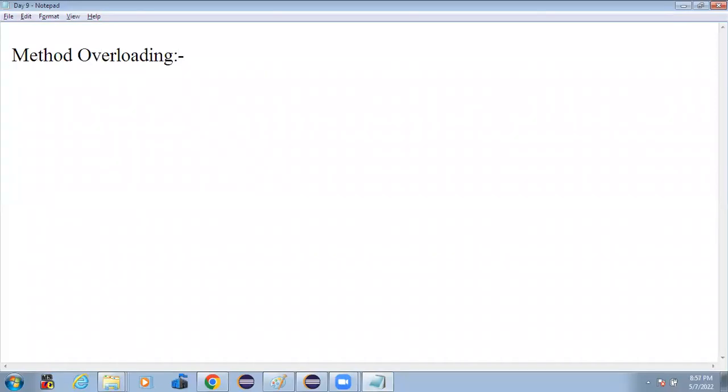So as in constructor overloading we observed, for a single class, if we have written more than one constructor with a different signature or with a different type, then the mechanism is called constructor overloading, and the constructors are called overloaded constructors. Exactly the same way, for a single class, if we have written